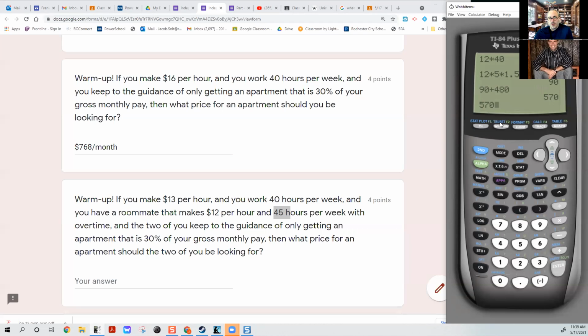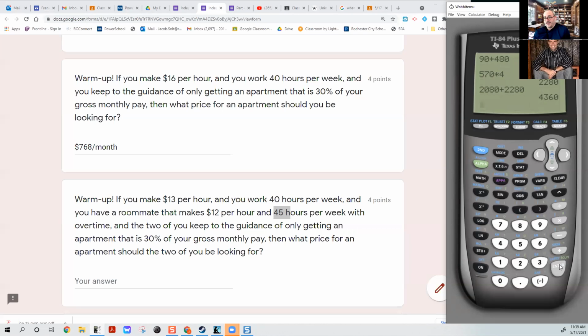Okay, now we need to figure out what they make per month. And remember, there's 4 weeks in a month. 570 is how much they make in a week. Multiply by 4, and we'll find out how much they make per month. They make $2,280 per month. So now we got 2 people. One person makes $2,080 per month. We add that to the person who makes $2,280 a month, and together they both make about